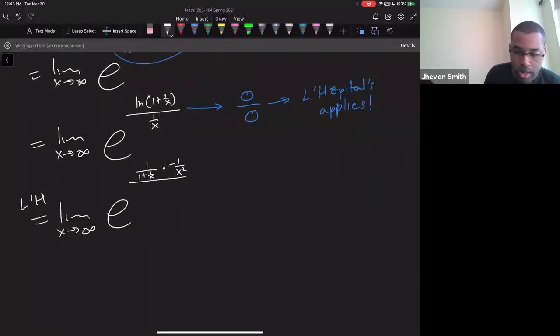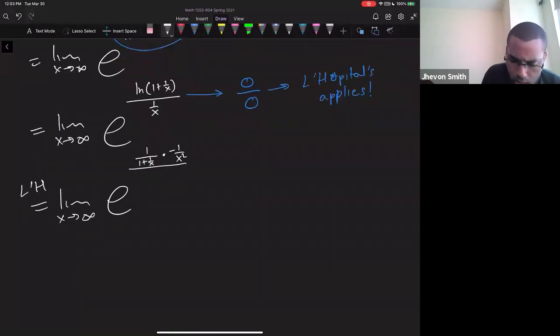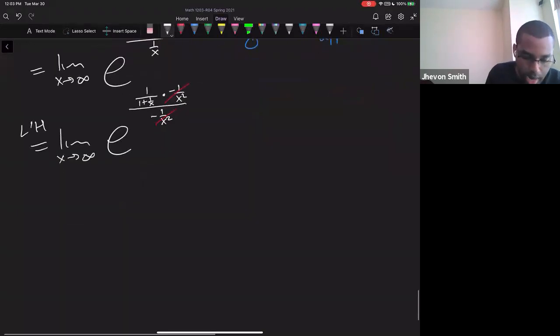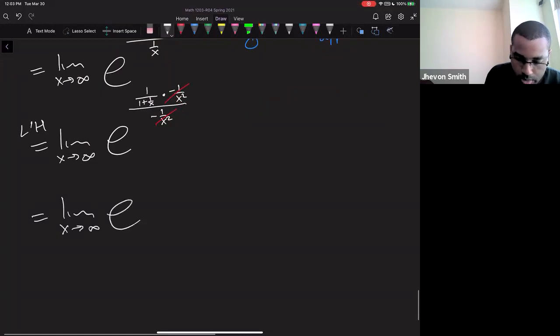The derivative of 1 over x is minus 1 over x squared. You will notice that these two guys cancel. And so I end up with the limit as x approaches infinity of e to the 1 over 1 plus